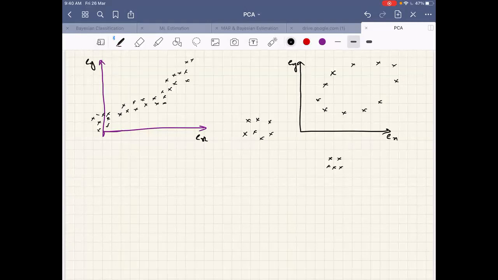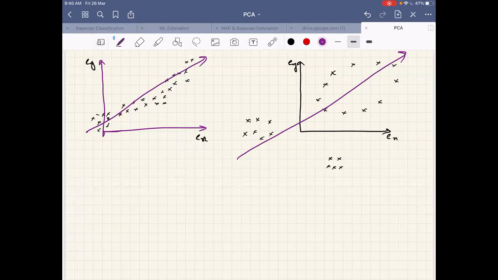So what should we do? Essentially, the idea here, whatever we conveyed in the last discussion, is we have to take a direction in which the spread of samples is maximum. Okay, here, this may be the direction in which the spread of samples is maximum. Here also, if you consider all across, this may be the direction in which the spread of samples is maximum. Okay, so even if they fit to a line or don't fit to a line, it doesn't matter. Okay, so here if you project onto this line, what will happen?